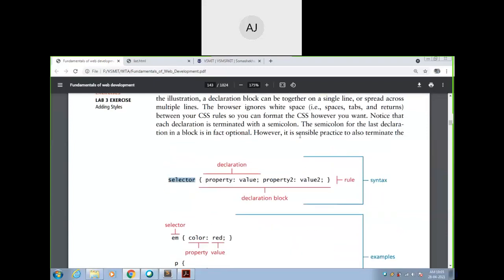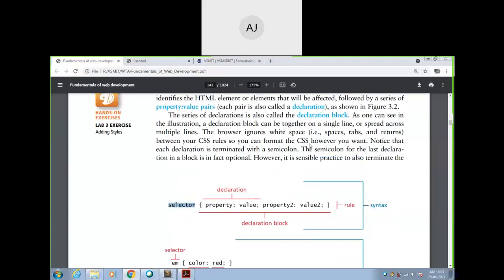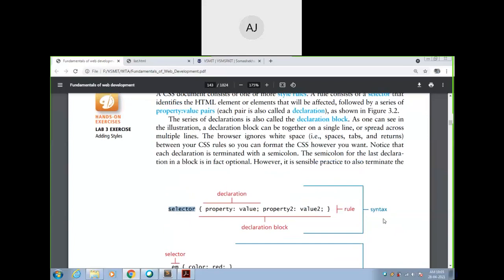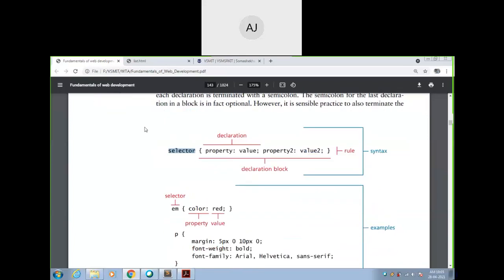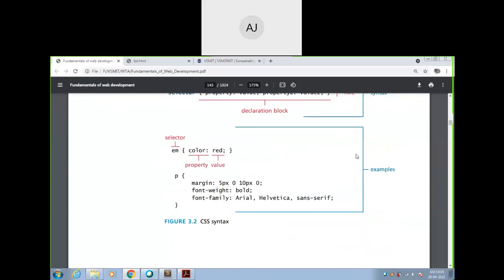So understood, this is called a rule. Yes, so this is the syntax. You can just mark this, this is your CSS syntax. Next one, the selector. Now what are the things we are writing, that is the selector. Selector means what? Simply you can remember these are HTML tags, nothing else. Always these selectors will be HTML tags.